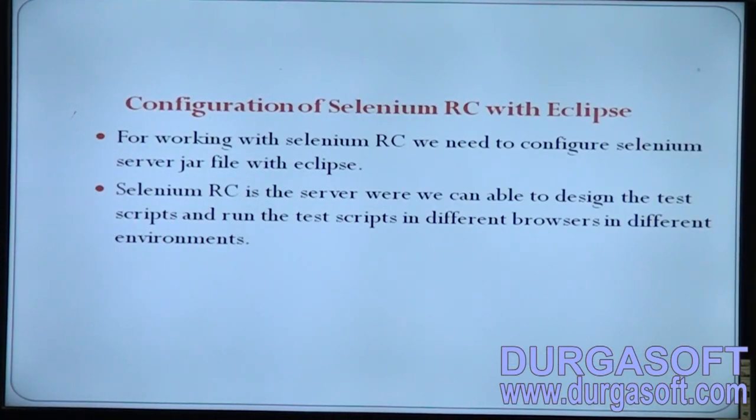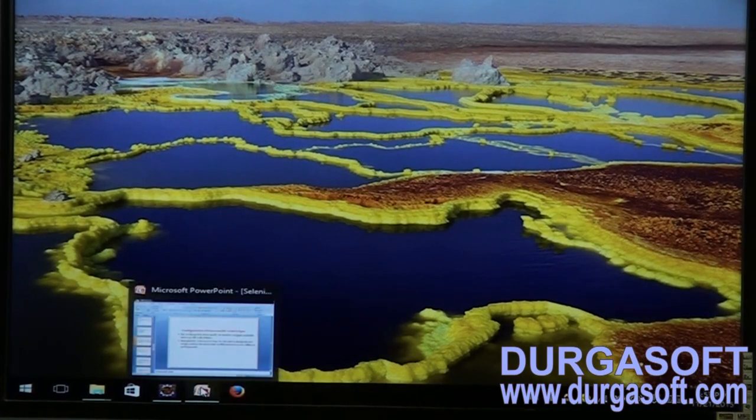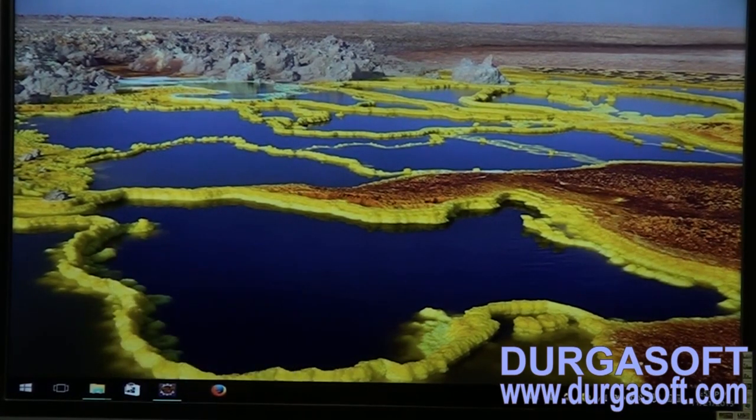So the very next concept that we are going to look into is the configuration of Selenium RC with Eclipse. Before going to configure Selenium and work with Selenium RC, let me talk about the basic concepts of Java. All right, team, let us see how we are going to